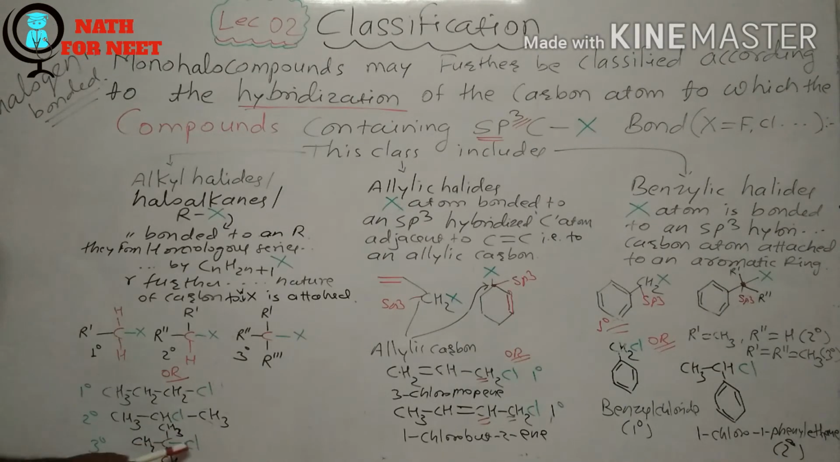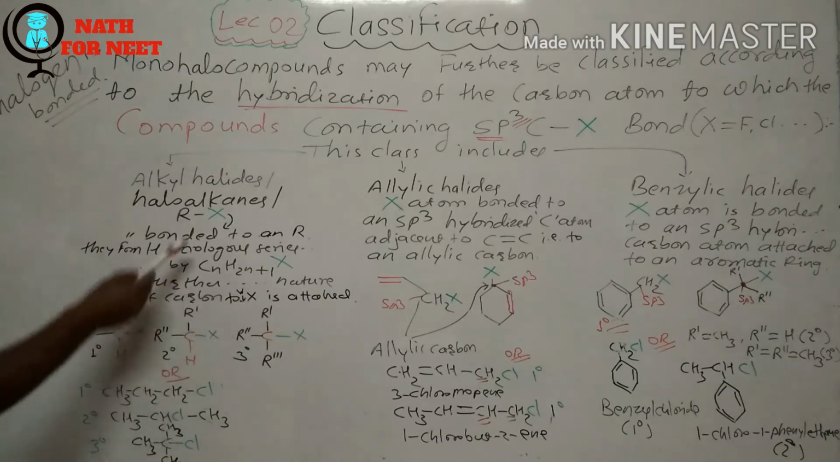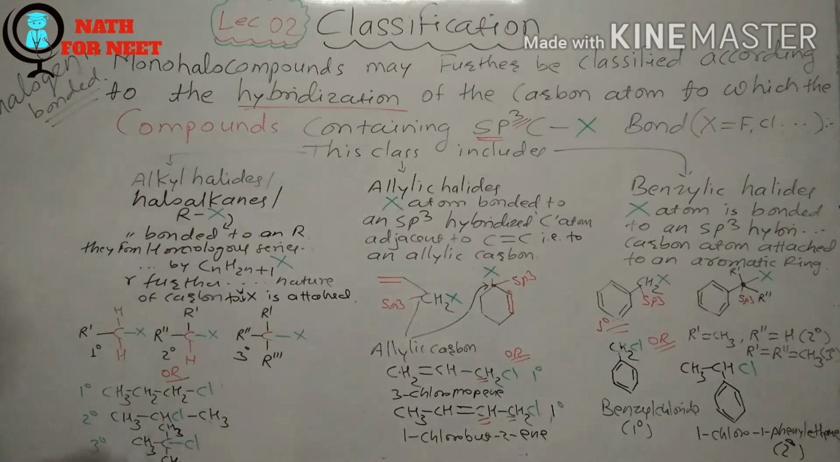So accordingly, this is 2-methylpropane, 2-methyl, and this 3-carbon propane, because everywhere the single bond is present, hence all are alkanes. So these are the alkyl halides, and this classification has been given on the basis of the nature of